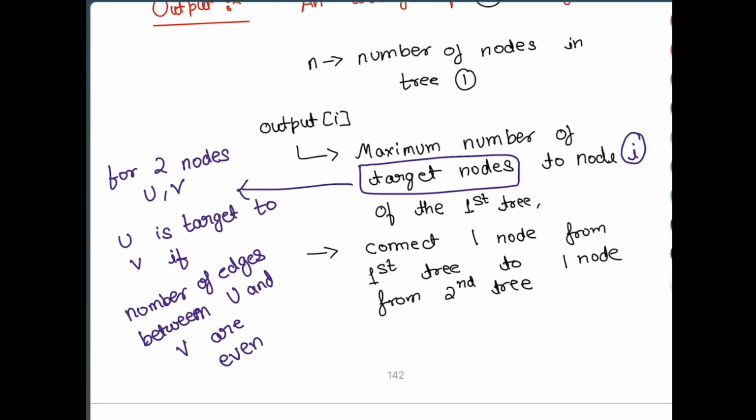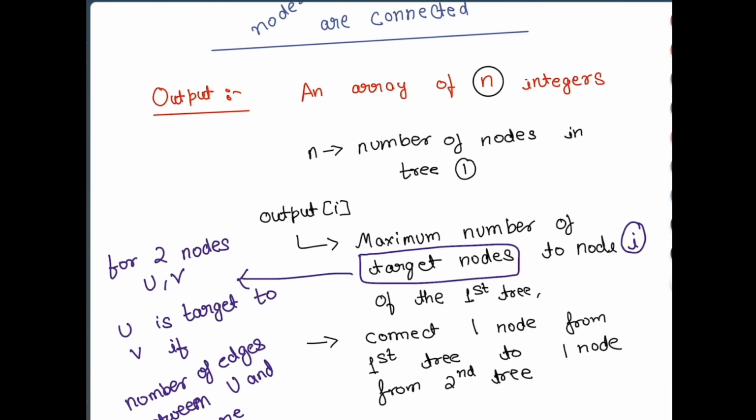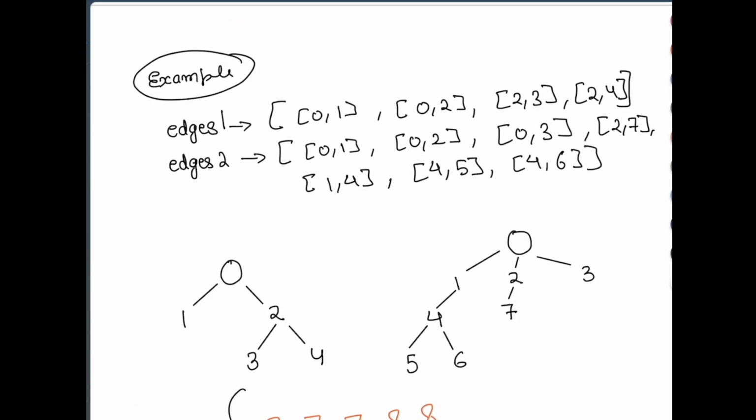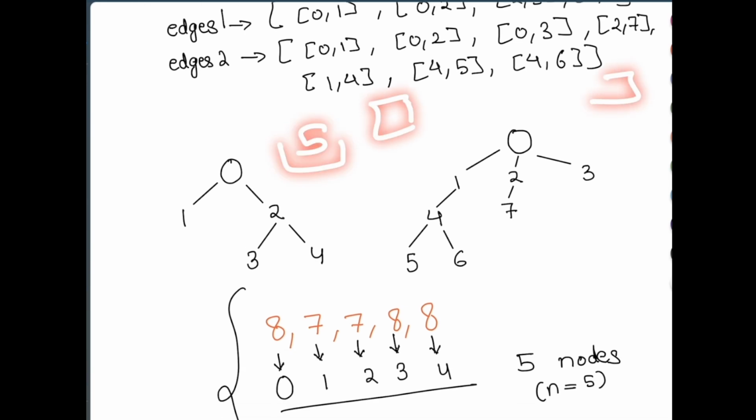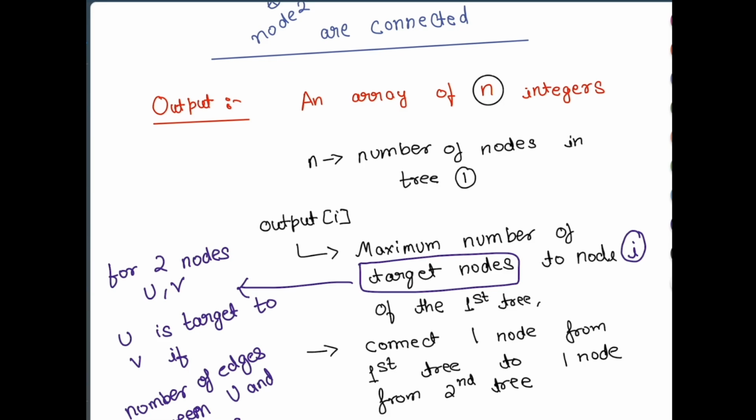Now what do we need to give in the output? Let us try to understand it again. In the output, we need to find an array of n integers. N is the number of nodes in the first tree. In the first tree we have a total of 5 nodes, so the output array will have 5 elements. The output at index I, that is for each node in the first tree, is going to be the maximum number of target nodes to the node I of the first tree